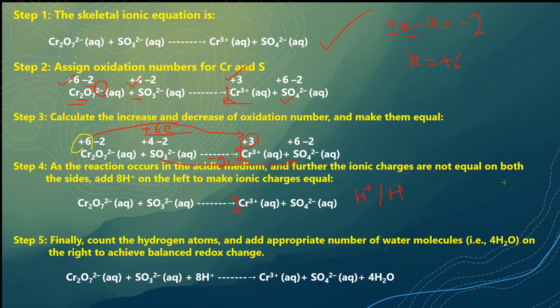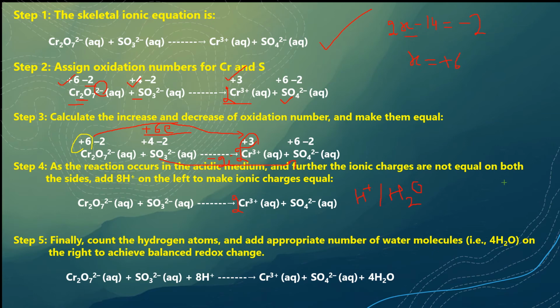And in every redox reaction, it's not necessary that H plus and water are added on the opposite side. It depends on the reaction. Sometimes they are added on the same side also. And in some reactions, there is an example of N2H4 in the exercise of the chapter, which is hydrazine. That is a basic medium for the reaction, but I don't need to add OH minus there because the reactant is already basic. Even if you do not know these things, you can still balance if you follow these steps.